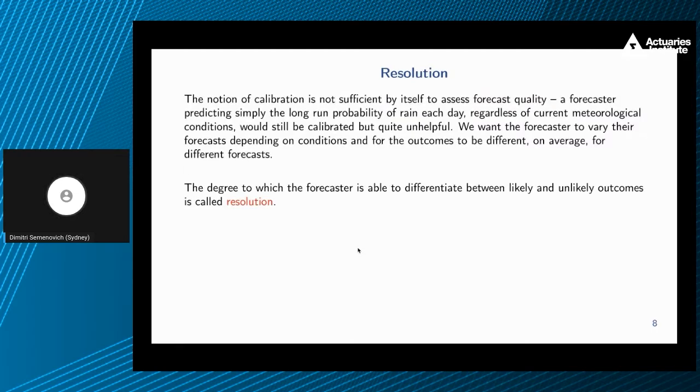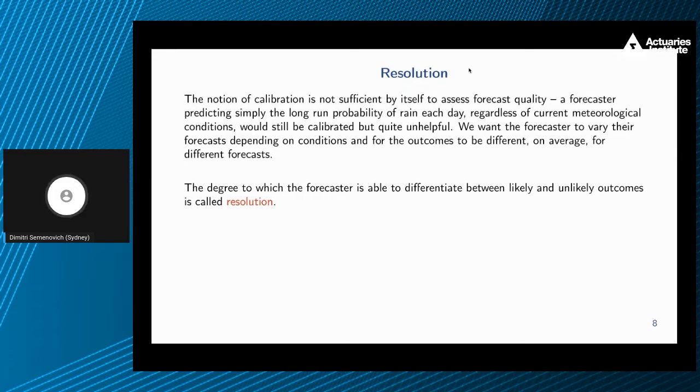However, it's important to realize that calibration is not by itself sufficient to assess forecast quality. A forecaster predicting simply the long-run probability of rain each day, regardless of current meteorological conditions, would still be calibrated, but it's not very helpful. We want the forecaster to vary their forecasts depending on conditions, and for the outcomes to, on average, be different for different forecasts. The degree to which the forecaster is able to differentiate between likely and unlikely outcomes is called